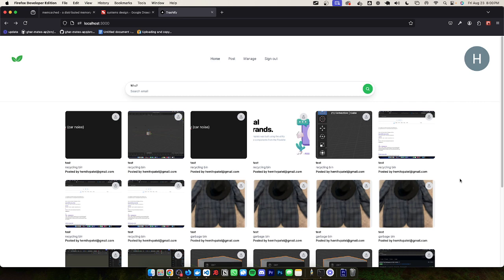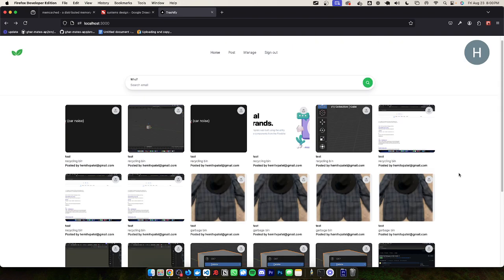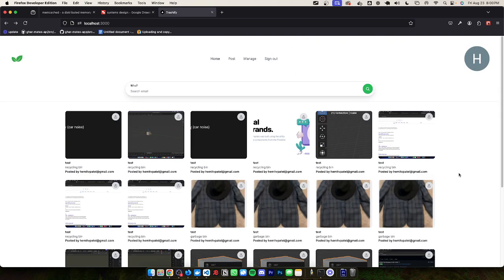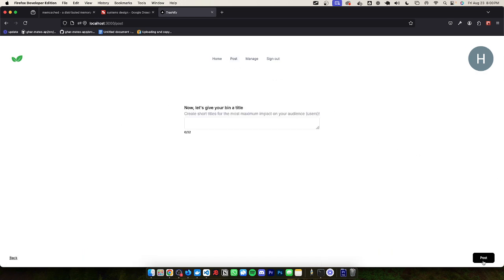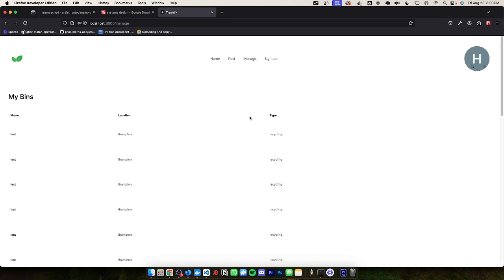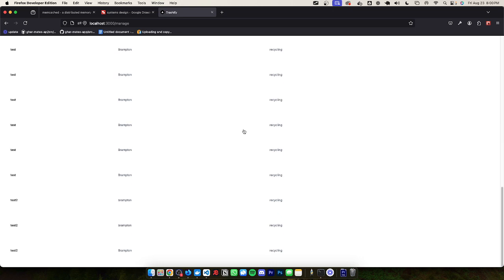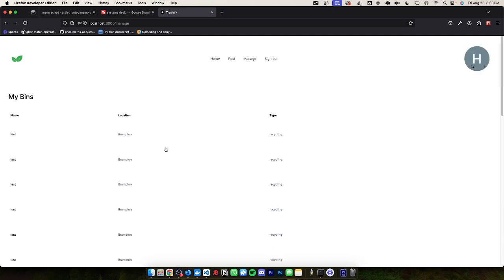Over here we can see that we've been logged into a backend service, which is being rendered on the Next.js server, which is based off of Node.js. The post is also being rendered on that as well. So if I decide to add something, I can do it that way. The manage page is also done that way, but it's only rendering the specific data that my email